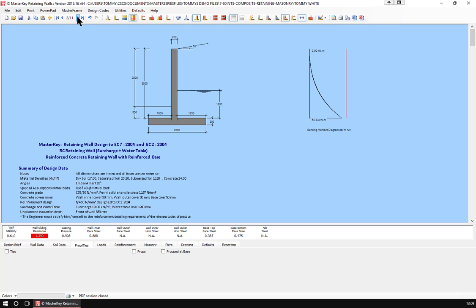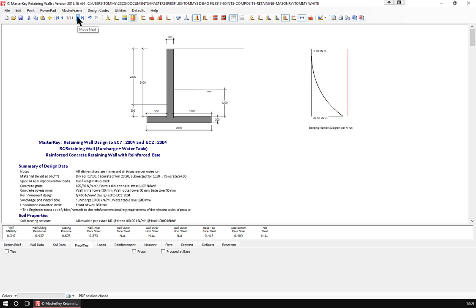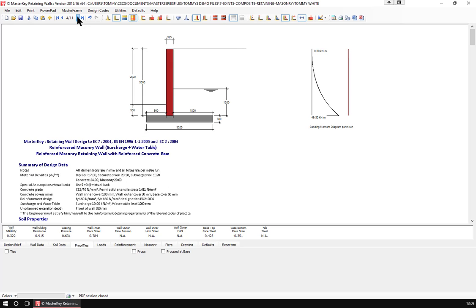Now let's walk along to another type of retaining wall, and we've now moved over to masonry, and in this case a 325 wall, you know and I know that it's not going to work unless it is reinforced in some way. And if we look at it, it says reinforced masonry retaining wall. If I go to the masonry reinforcement,